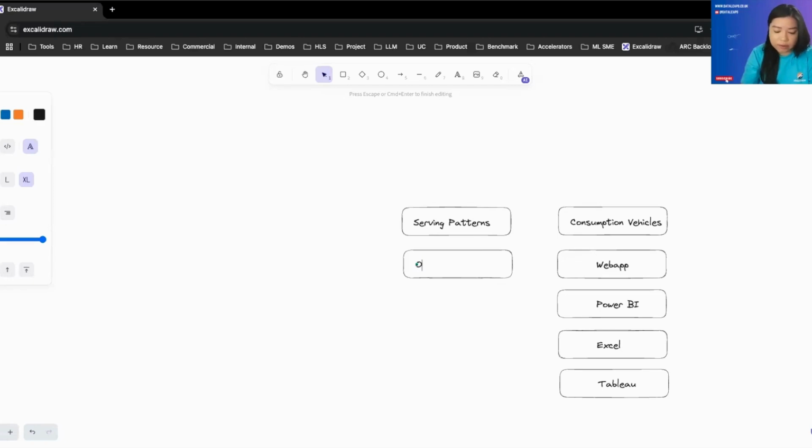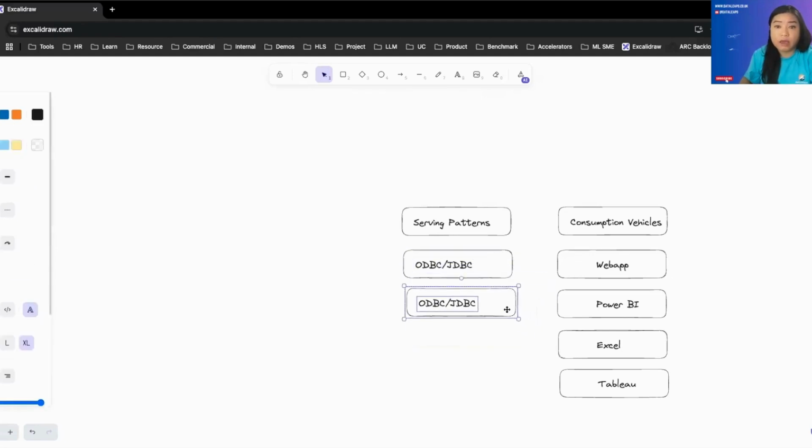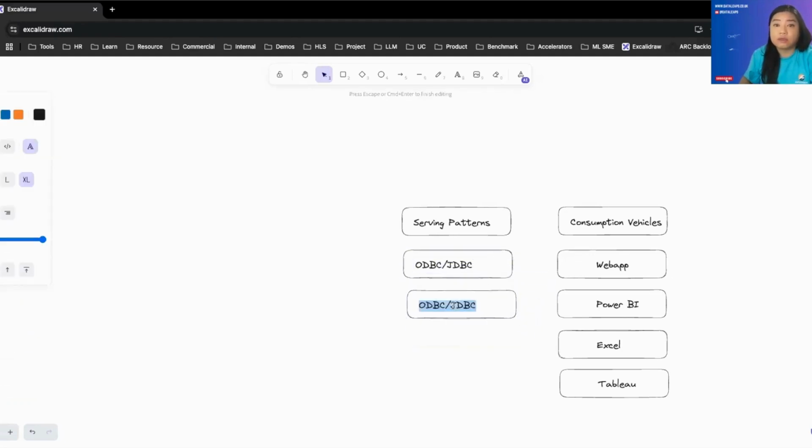So different serving patterns will meet one or many consumption vehicles, and these should be structurally provided by your data platform. And in Databricks per se, you can do this with ODBC, JDBC, or REST API, or text to SQL,